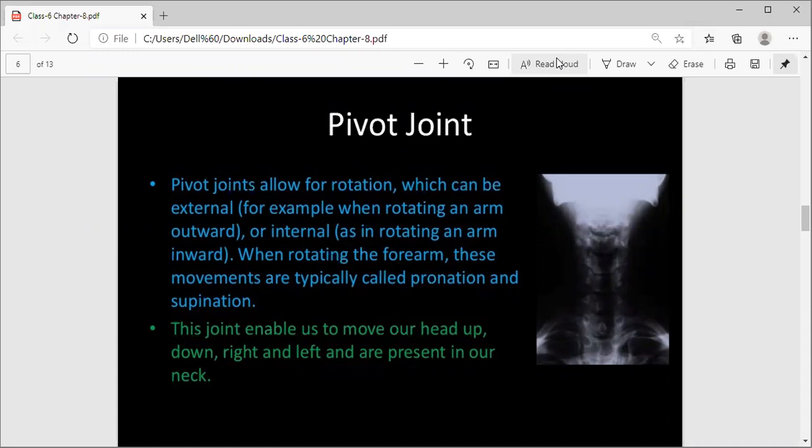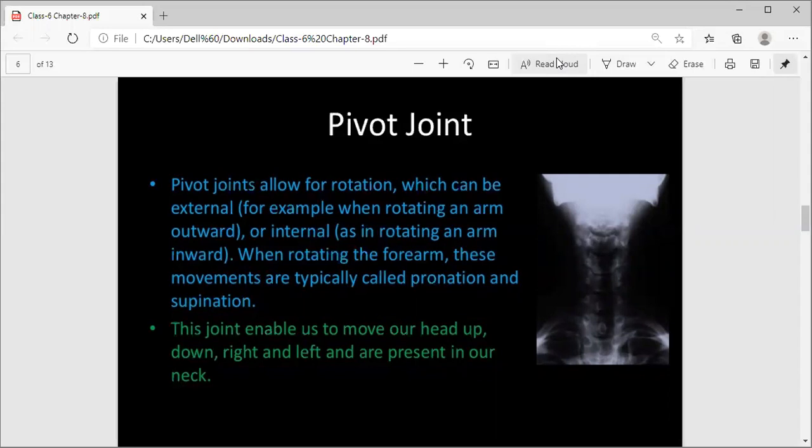In our last videos, we had discussed the functions of the skeleton, bones, and muscles. After that, I had discussed different types of joints, that is, movable or immovable joints. In movable joints, I had discussed two types earlier: first was the ball and socket joint, and second was the hinge joint. Today I will continue with the pivotal joint, or pivot joint, we can say.